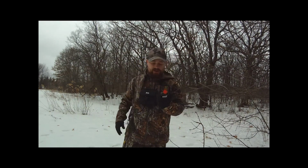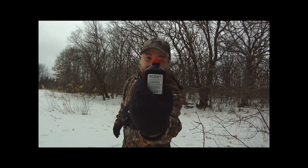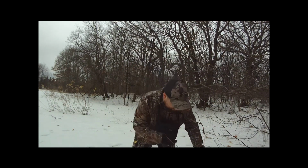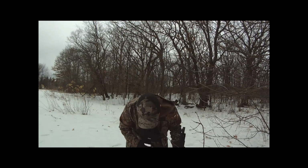So this is the stuff that I use right here. It says not to actually wear it because you might get attacked, which I believe. They're pretty ballsy around here. And last but not least,